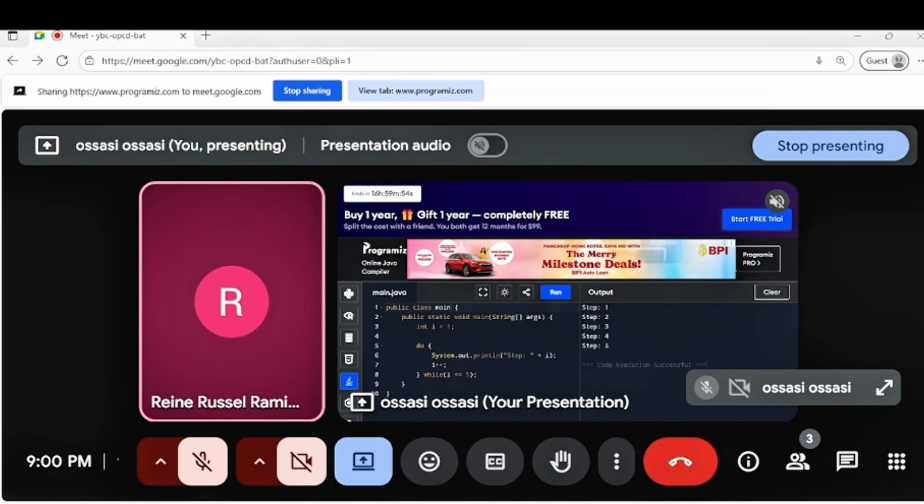public class Main, public static void main(String[] args), int i = 1, do { System.out.println("step " + i++); } while (i <= 5);